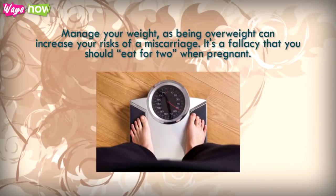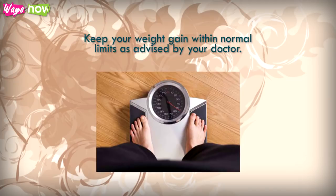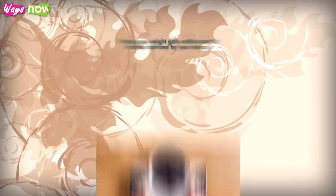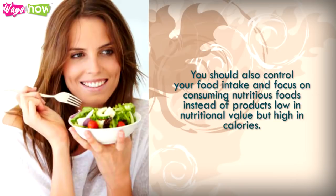10. Manage your weight, as being overweight can increase your risks of a miscarriage. It's a fallacy that you should eat for two when pregnant. Keep your weight gain within normal limits as advised by your doctor. You can engage in water-based exercises to stay fit while reducing the risk of straining yourself. You should also control your food intake and focus on consuming nutritious foods instead of products low in nutritional value